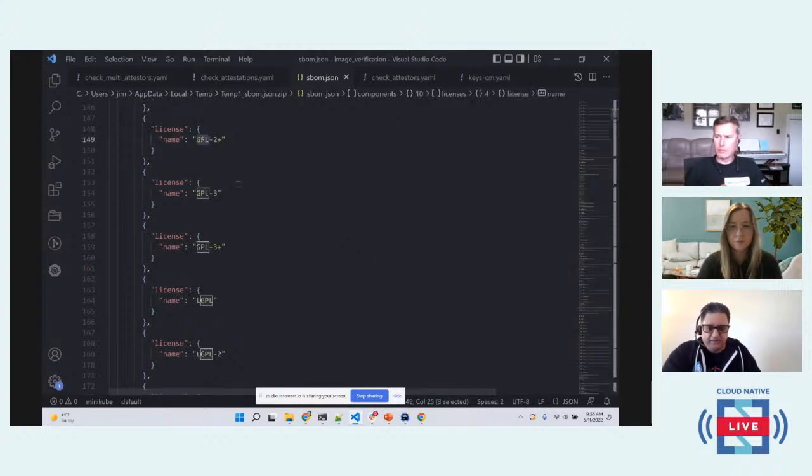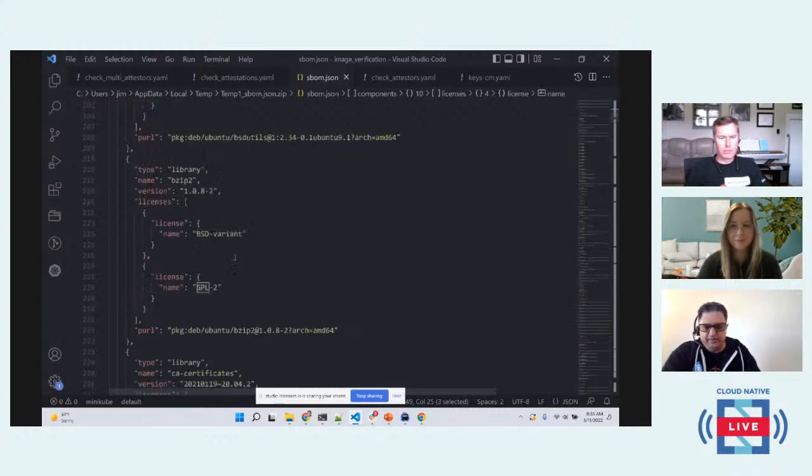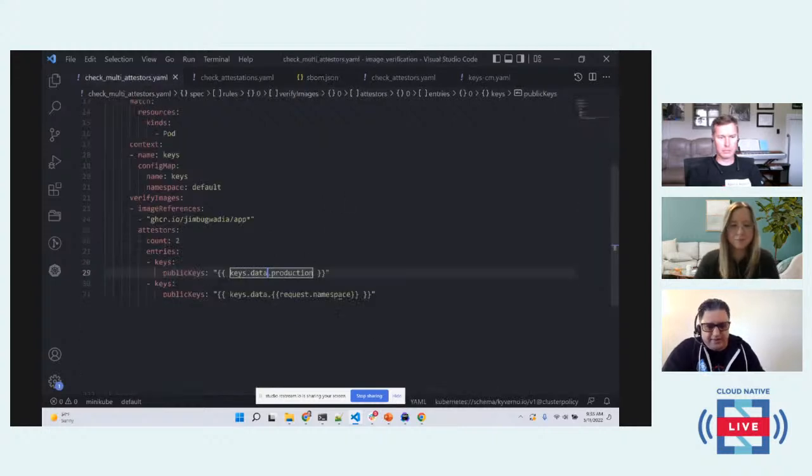You can also check for certain licenses, right? For example, if you don't want to allow GPL, write a policy for it, right? And you will immediately know if any images were built using an SBOM with any package which depends on that license. All right, so that's all we had prepared to demo, and in conclusion,